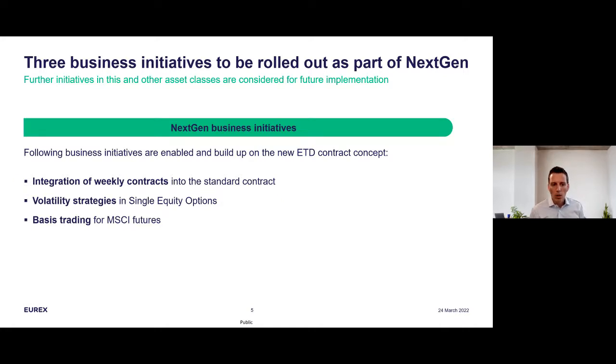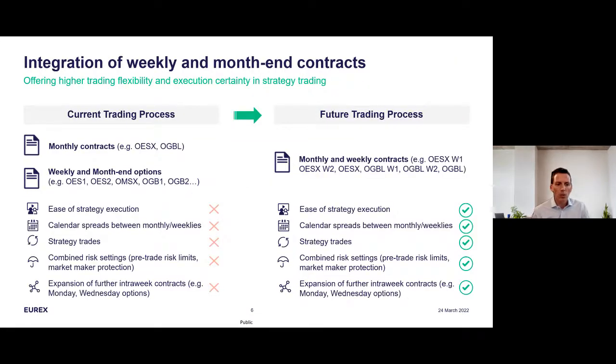So we will now go through all those 3 initiatives, including use cases, and we'll start with the integration of the weekly option on slide 6. So the current trading process looks like this: we have different product IDs for the weekly options compared to the standard contract, based on the limitation that we only have 1 expiry per month. As Markus just explained, we have different product IDs for the weekly contract. So in the case of Eurostoxx, we have OESX, and for the first week, we have OES1, which is a